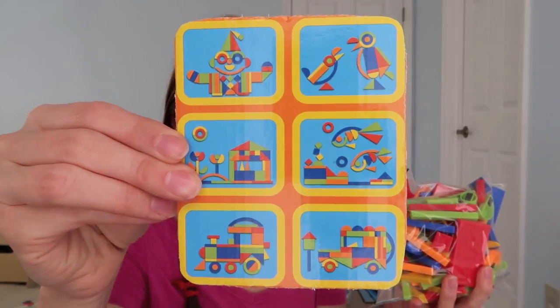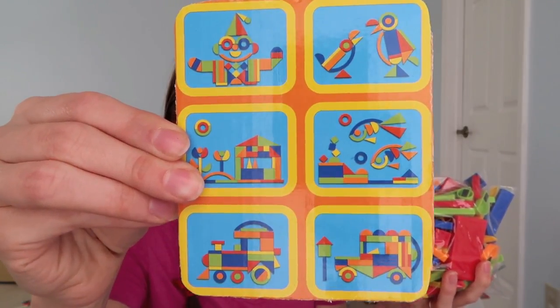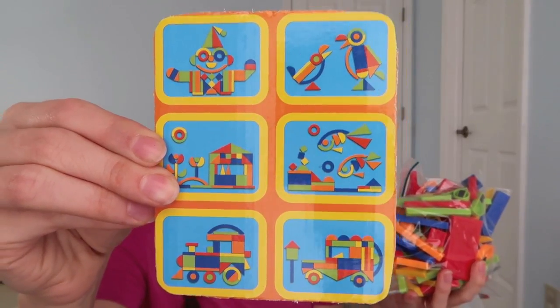I have a variety of these dollar store shoe boxes on our bookshelf, and I just put a simple label on them, and they each have a different activity in them. So this one has different kinds of magnets. One of the things we have is different shape magnets, and it comes with these little cards, and you can make different pictures by combining the different shapes, which is really fun. And anything with cars and trucks and airplanes, my son is all over, so he enjoys doing that with the shapes. I also have numbers, which we haven't used a ton, but it's nice to have, and then alphabet letters,